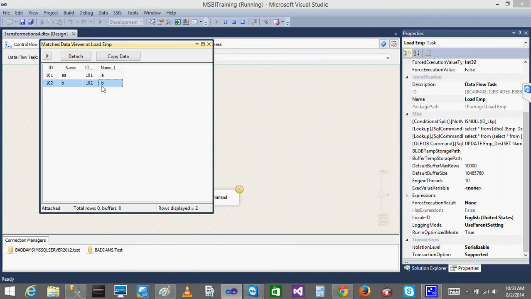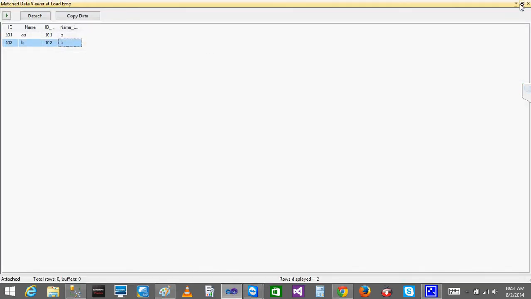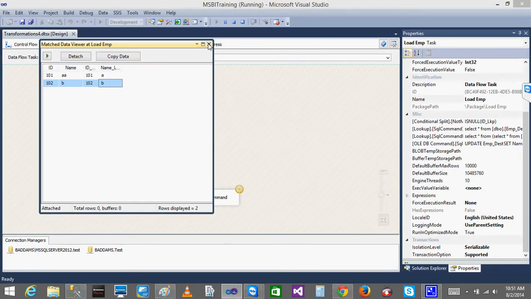you can write a complex condition in the condition split, where this B should not be updated, because B is not changed, right? So why is there a need to update it again? If there is a change, then you can update it, right? I will be showing that one now. Even though it is not changed, it is still showing in the matched record, and both records will be updated even though B is not changed. Okay, so that is the scenario, and close this.